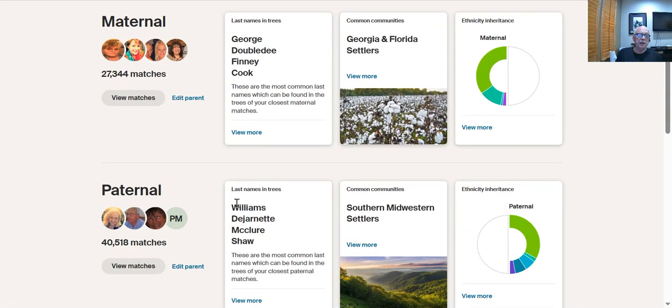And as you can see here, it tells me which matches come from the maternal side, my mother, Williams-Doubledee, and which comes from the paternal side, my father, Loyal Williams. And as you can see here, I've got quite a few more matches that are classified on the paternal side than are classified on the maternal side. Now, how does Ancestry categorize these things? Well, again,